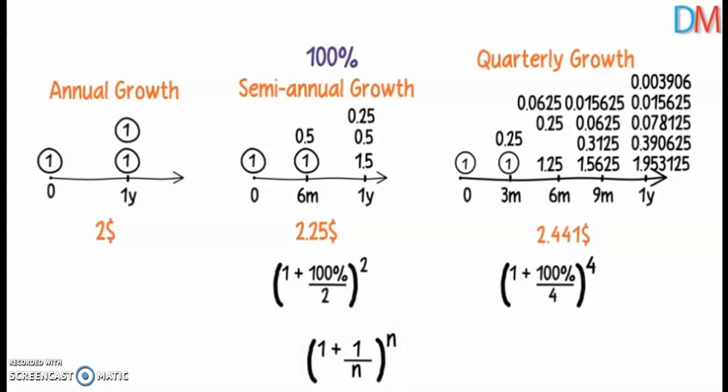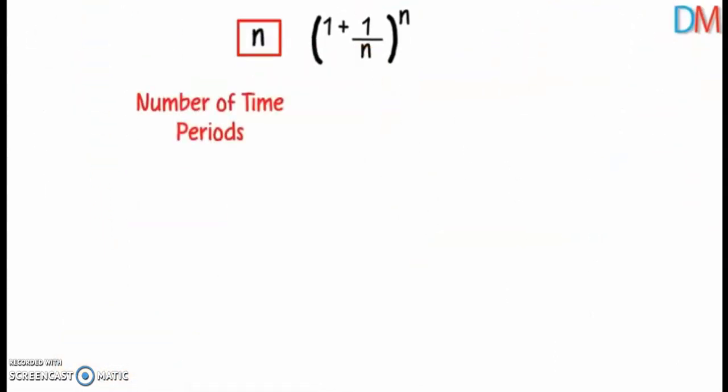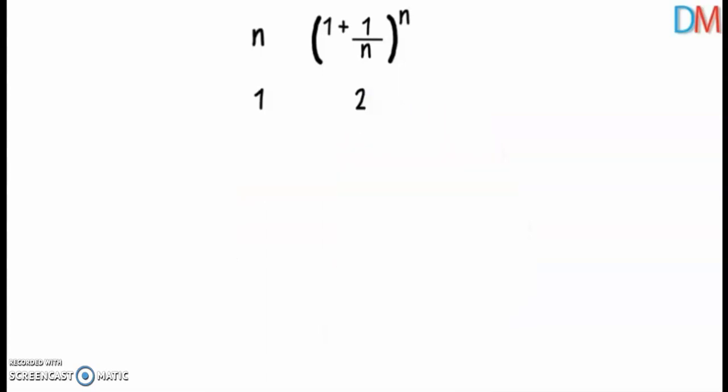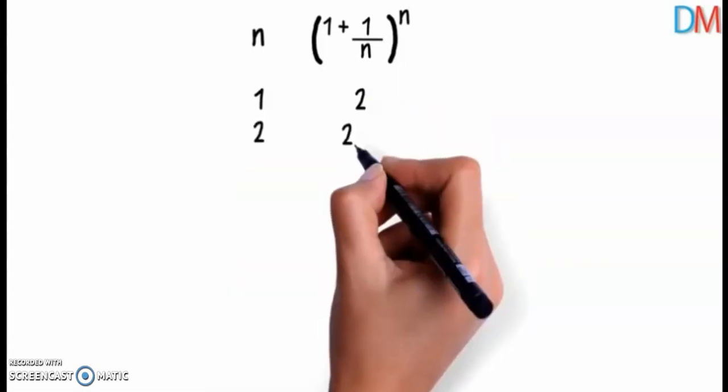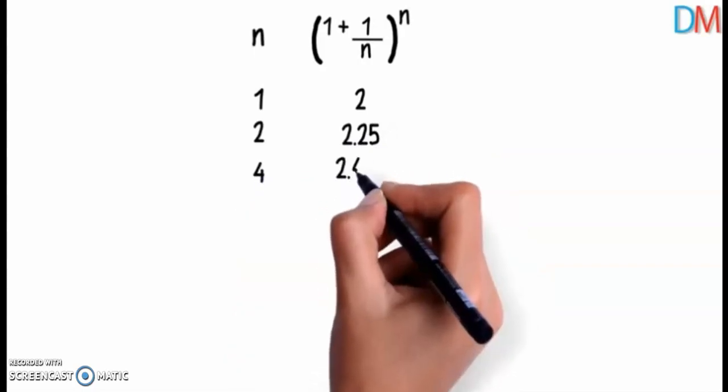I probably know what our greedy brain is thinking. It is possible to get unlimited money. Let's make the table now. Number of time periods and the dollar value at the end. If it's just 1 time period, the dollar value is 2. If 2 time periods, then $2.25. If 4 time periods, then